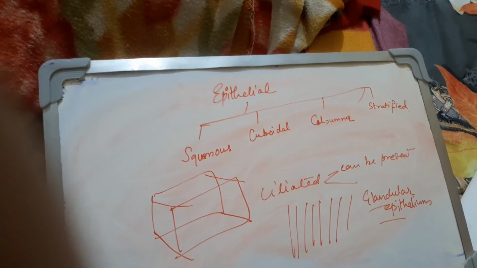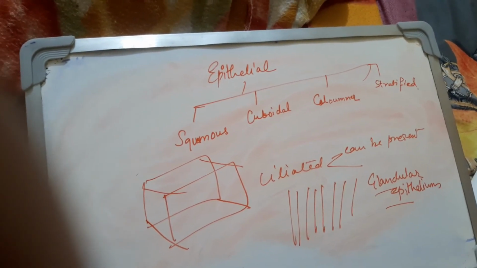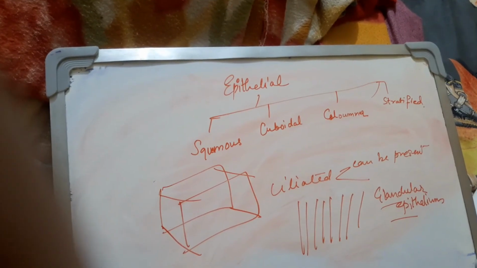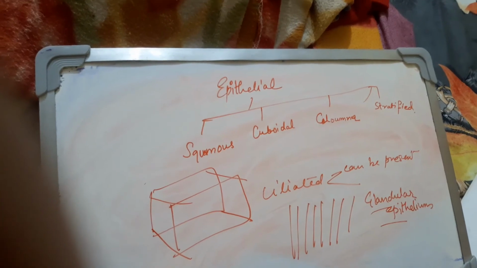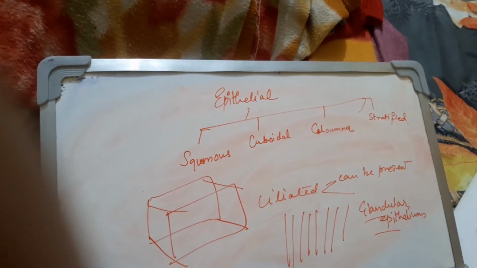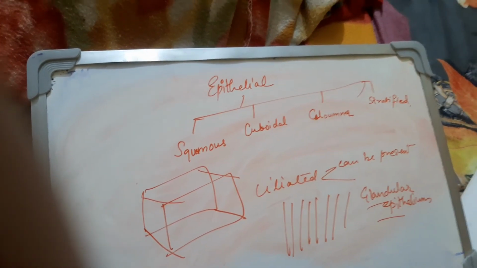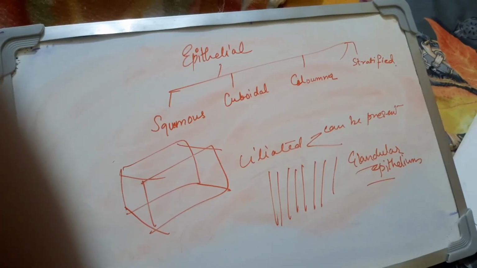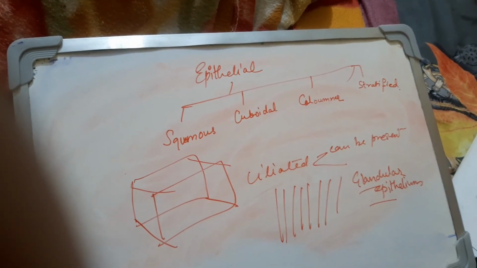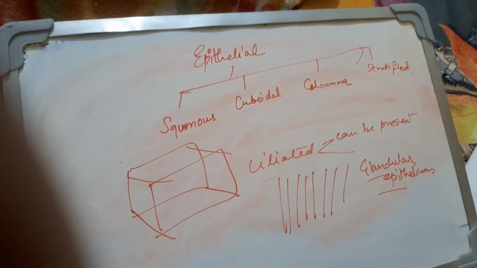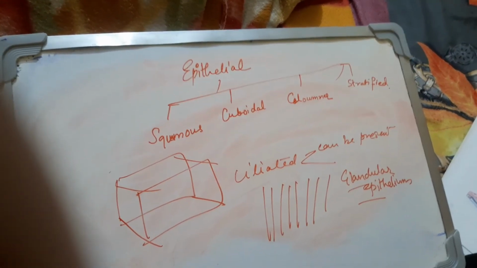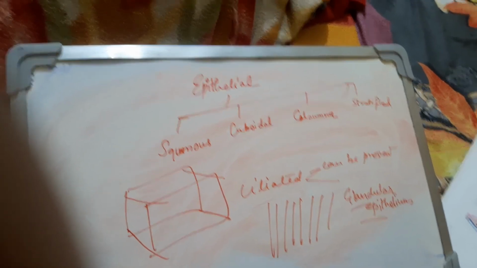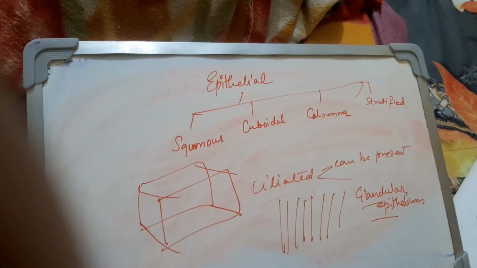Basic function of all these, because they are present everywhere: some help in protection of your body by preventing the entry of germs. The columnar epithelium present in the intestine and stomach helps in absorption and digestion. Some help in respiration, everywhere. Then the glands are present, which help the sense organs to work. They are sensory in nature, so they have multiple functions, right?